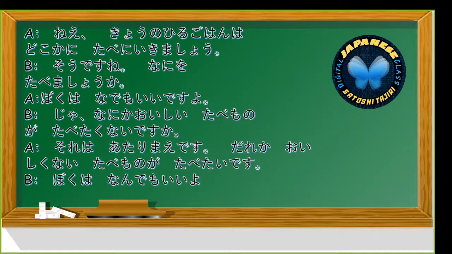ねえ、今日の昼ご飯はどこかに食べに行きましょう。そうですね。何を食べましょうか。僕は何でもいいですよ。じゃあ、何かおいしい食べ物が食べたくないですか。それは当たり前です。誰か美味しくない食べ物が食べたいです。僕は何でもいいよ。